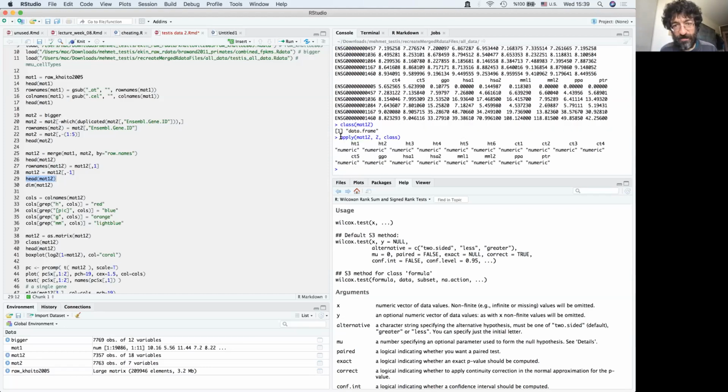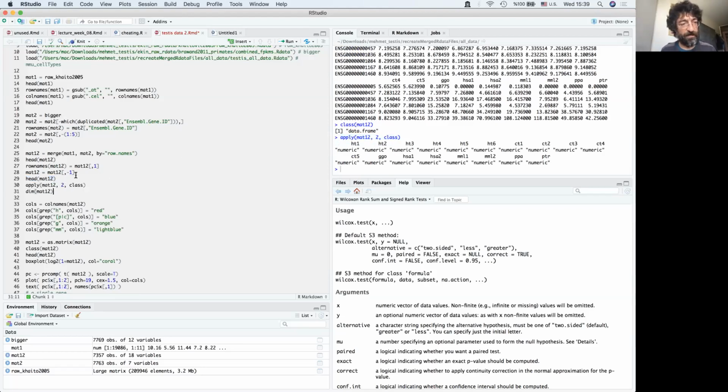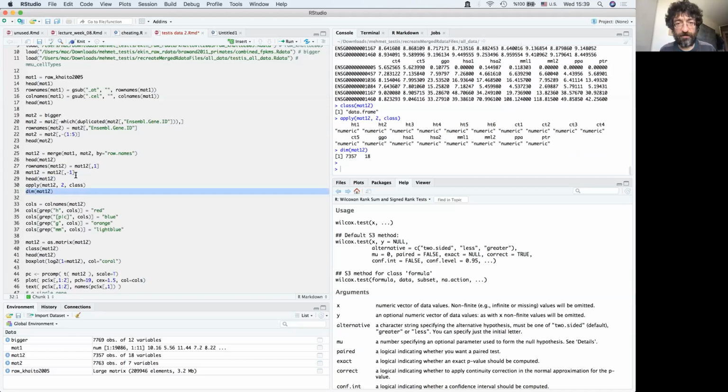Okay, everything is numeric. I hope everybody knows this apply function. It applies some function in R to, say, means across the columns. So I check the class of each of the columns, and this is fine. They're all numeric. What are the dimensions? Okay, 7,000 something.